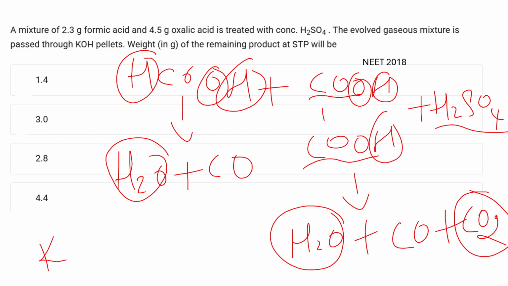The reaction is KOH plus carbon dioxide gives K2CO3. The balanced equation is 2KOH